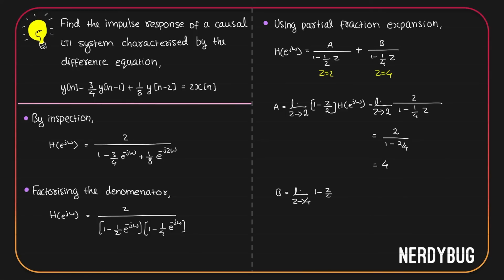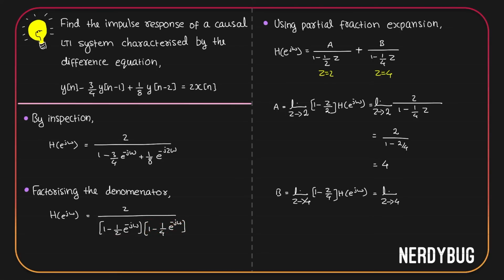1 minus z by 4 multiplied by H of e raised to j omega. H of e raised to j omega is here. If you multiply it with 1 minus z by 4, this term will be cancelled and this is what you get. So we can write